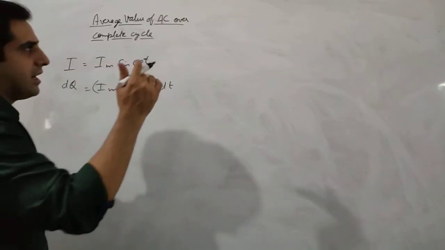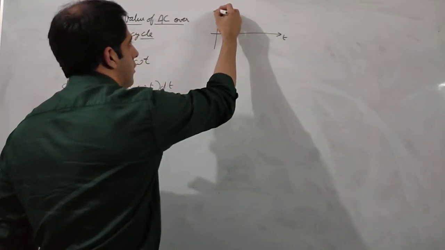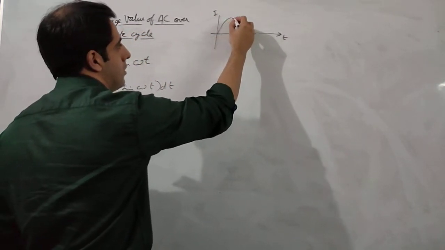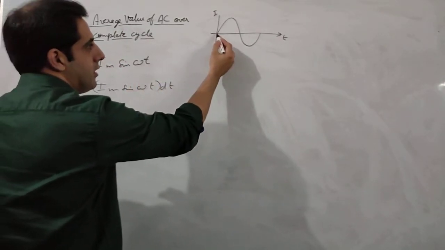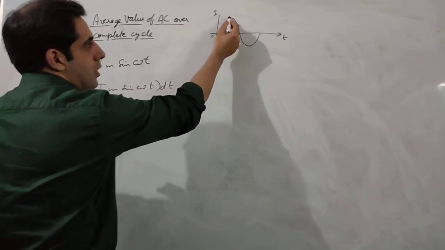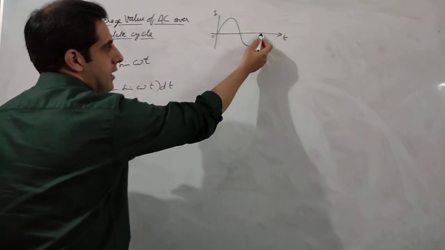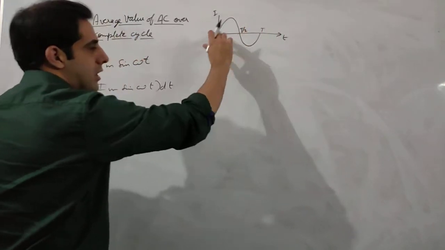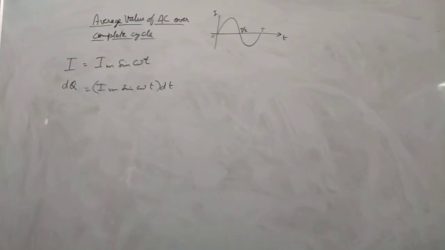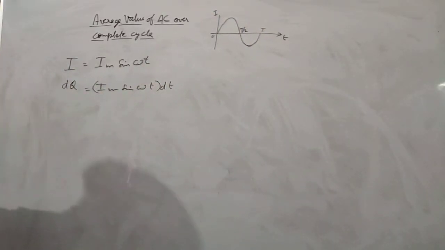So for example, let us say that we have a complete cycle, as we drew the graph in the previous video. This is one complete cycle of alternating current. It starts from 0, goes to pi by 2, then comes down to 0 again here, and then to 0. So this is your half cycle and this is your full cycle. Let us say that the time period to complete one cycle is T, capital T is the time period. We will use it later on.